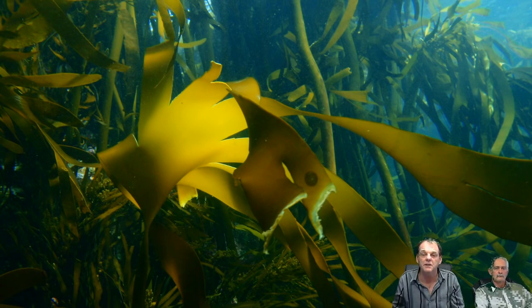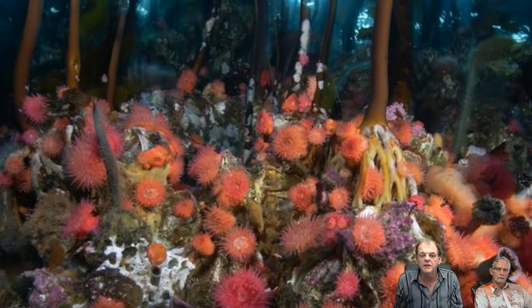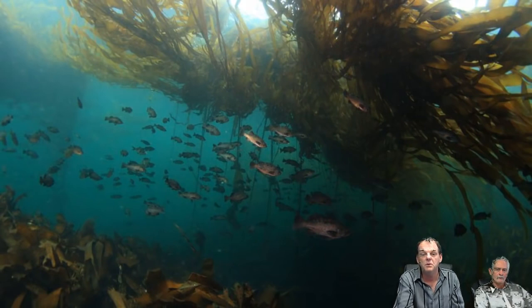So I have an intimate knowledge of the ocean, year after year, 315 days a year, up to 6 hours a day on the ocean floor. I consider myself a connoisseur of Mother Nature. These are familiar sights to me, and at low tide I expect to see these. In 200 kilometers, we never saw any of these. The fact that we never saw any of the kelp forest, the bull kelp forest, which grows up to 60